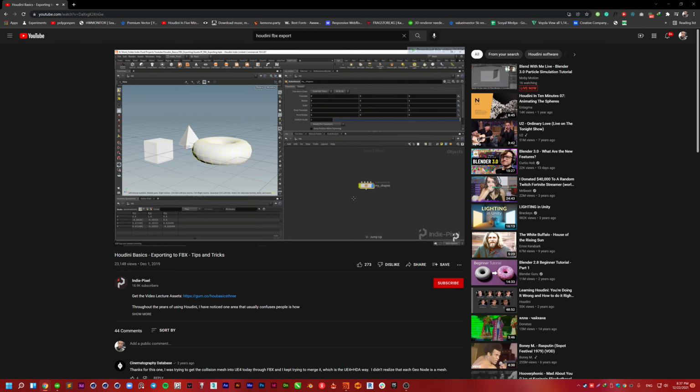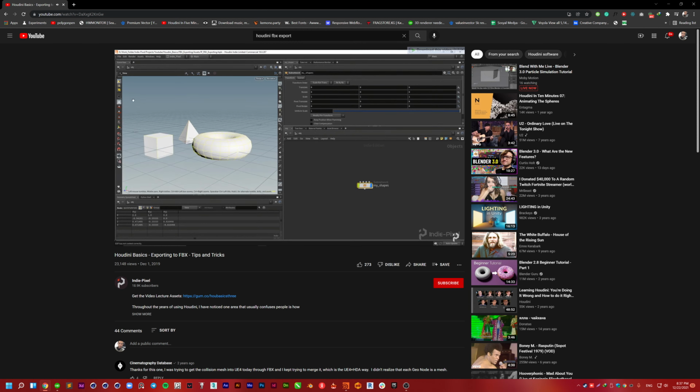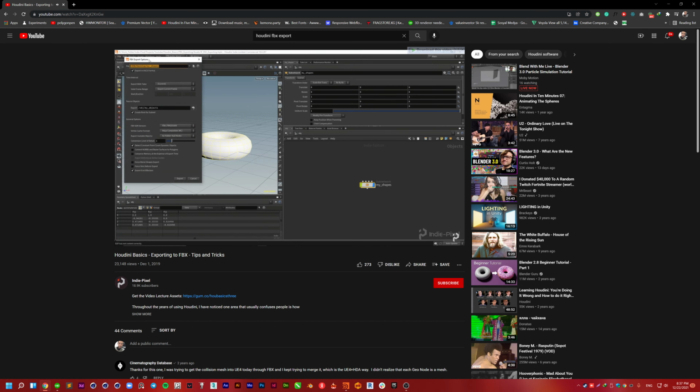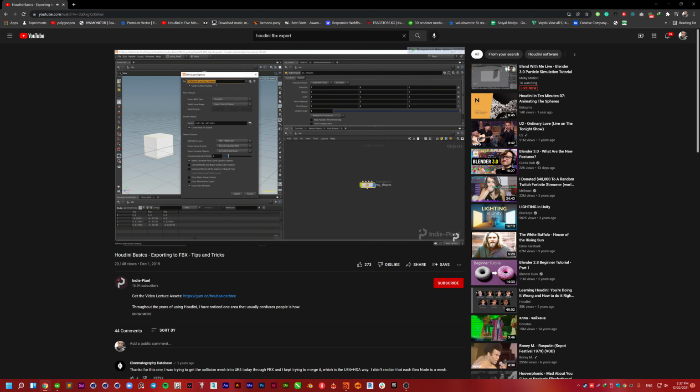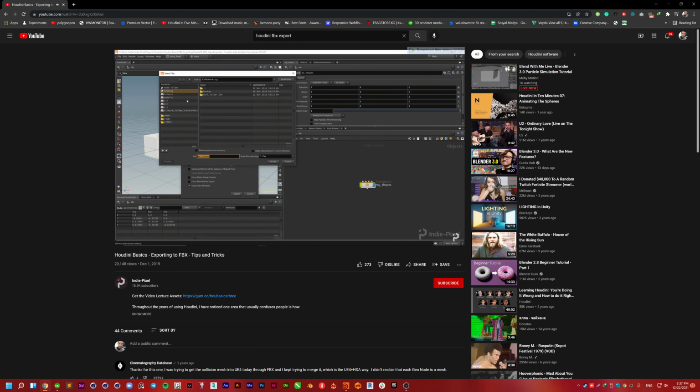So now we've got materials for all of our objects, and they're just waiting for textures to be assigned. So with that, let me hide my shelf here. Let's go and export this and test it out inside of Unity. It works the same exact way inside of Unreal. I'm just more of a Unity user. So I'm going to go up to File up here, go to Export, launch the Filmbox FBX export options, and pick a place or wherever you want to send the particular FBX. In this case, I'm just going to send it to